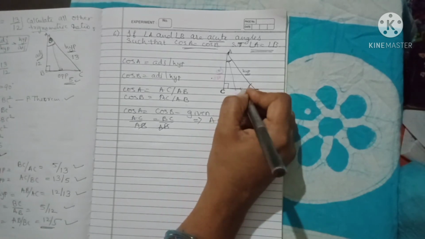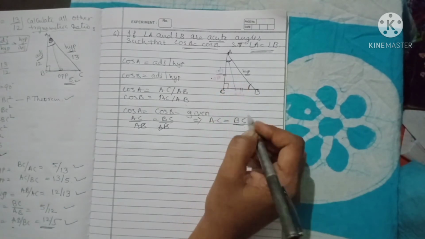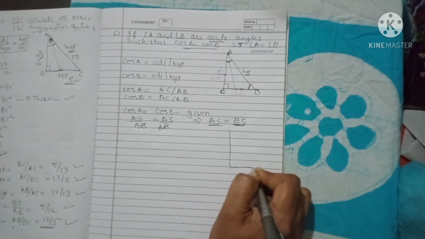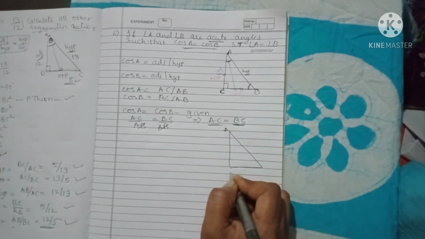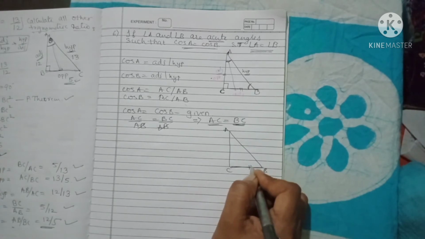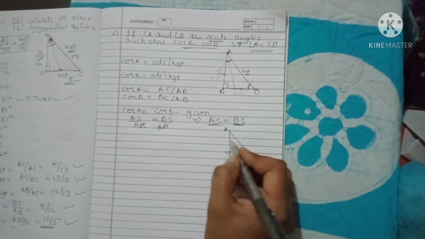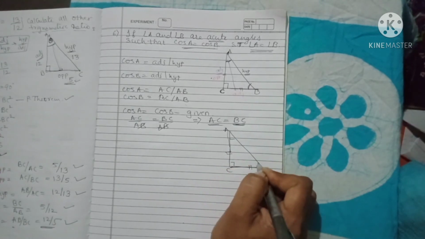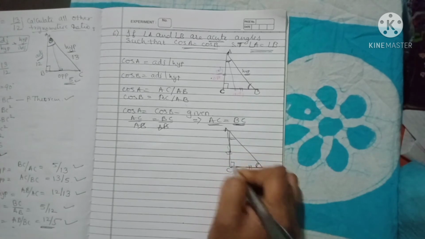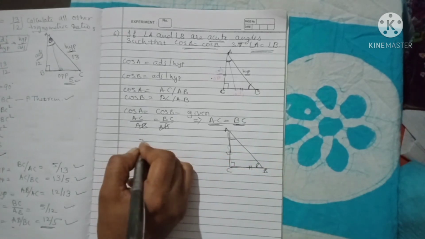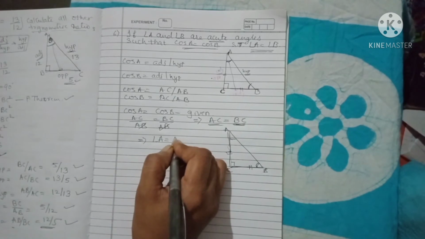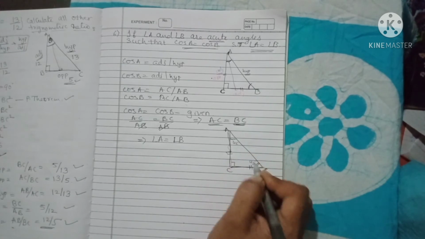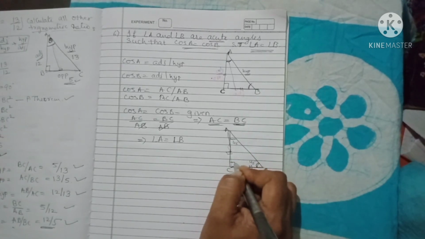Okay, if this is equal to this one, so in a triangle you have got these two sides equal. I will explain once again here. Suppose this is our triangle. What I have got here, I have got this side equal to this side. According to our isosceles triangle property, if two sides are equal, then their included angles are also equal. So on that basis, we have shown here AC is equal to BC. This implies angle A is equal to angle B, and as acute angles, obviously they are 45 and 45 you will get, because these two are equal. 45, 45, 90 and this 90 makes this way.